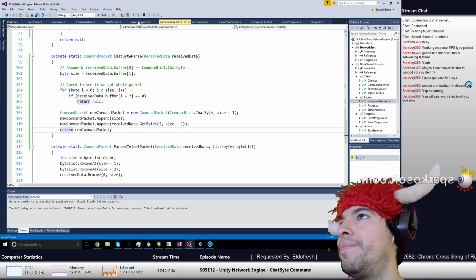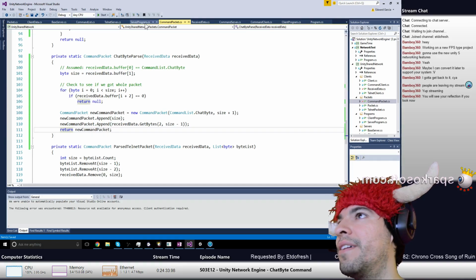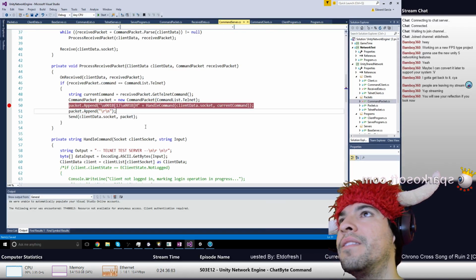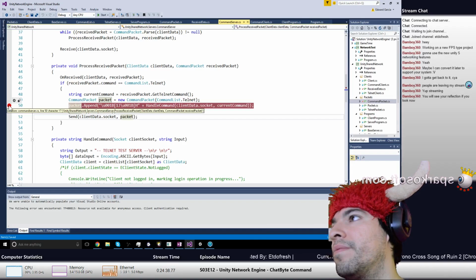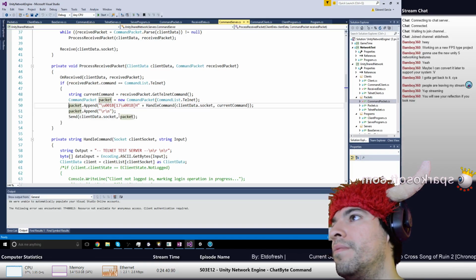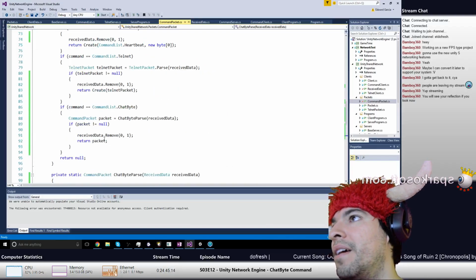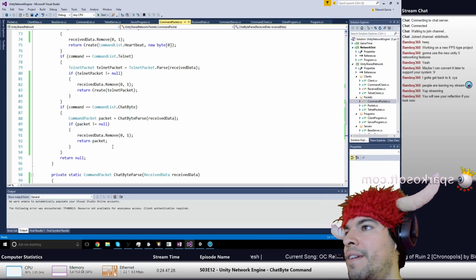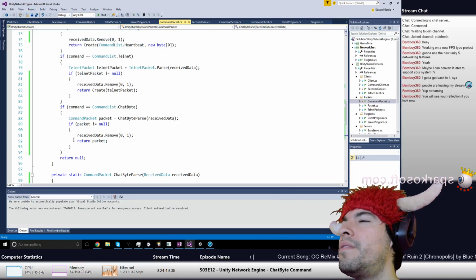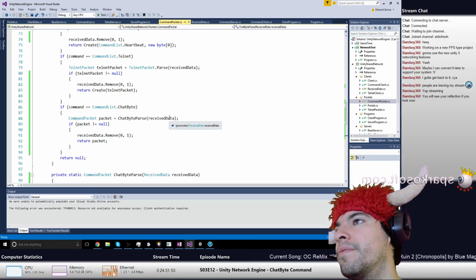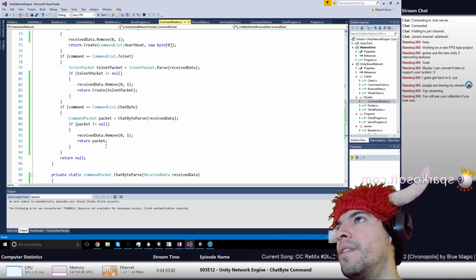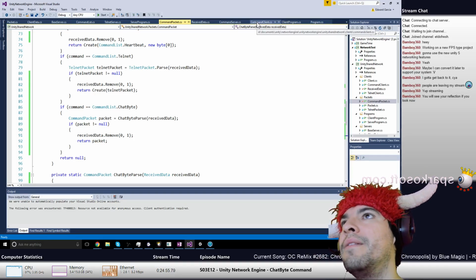Okay, guess we can just try it out. If I go back to command server, not even command server, what about command packet? Yes, command packet. So we parsed that out, and that parsed out correctly. Great. So that's good for the receive. If we go back to command client,